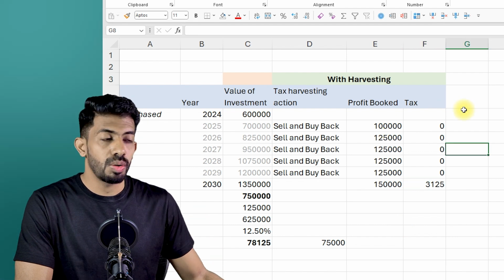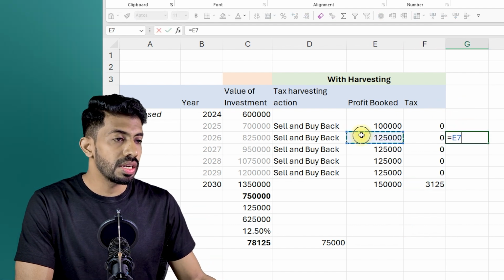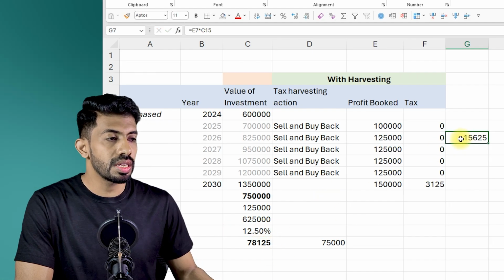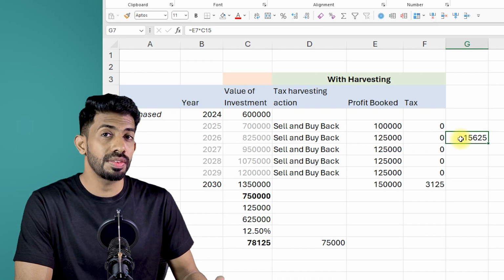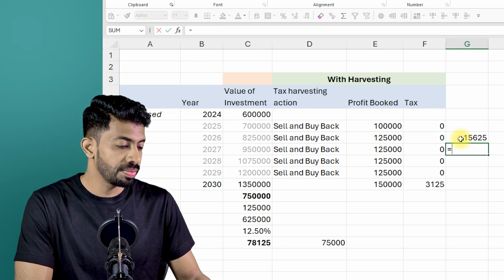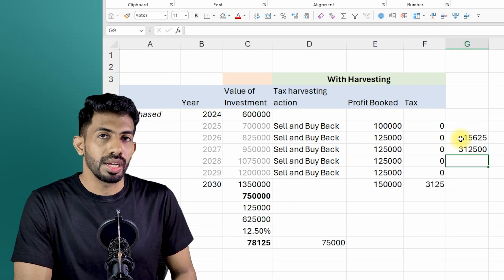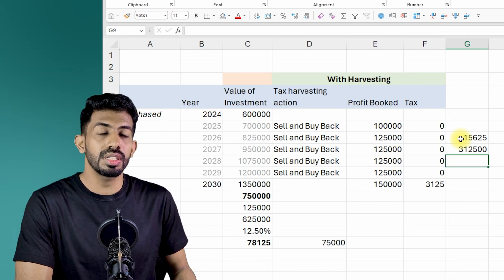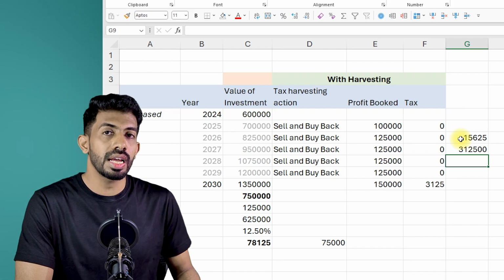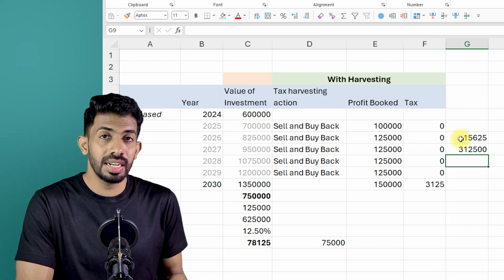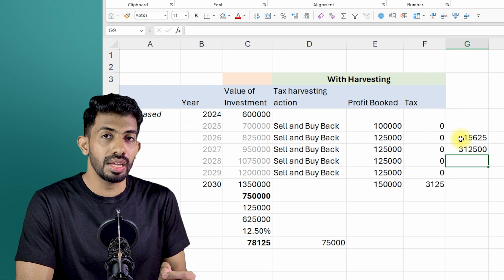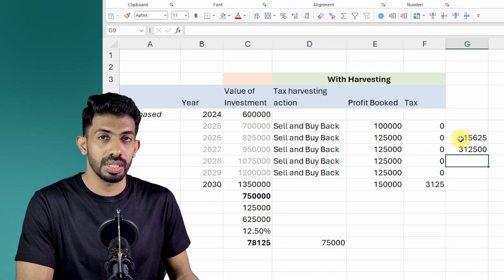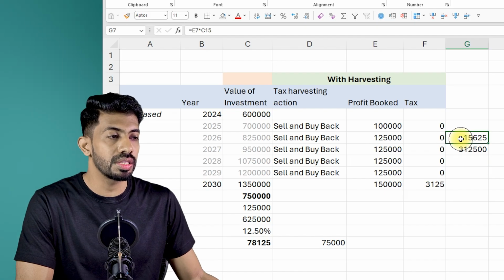Now, if you were to estimate how much is the extent of your actual savings, it is 1.25 lakhs into 12.5%, which is 15,625 every year. So if you do this every year, let's say for 20 years, that will be 3.12 lakhs. And this tax benefit is directly linked to the tax rate, because last year the exemption available was only 1 lakh rupees and the tax rate was also only 10%. So at that time, the benefit was 10% of 1 lakh, which is nothing but 10,000. But because the exemption limit also increased and the tax rate also increased, now the benefit has improved to 15,625.